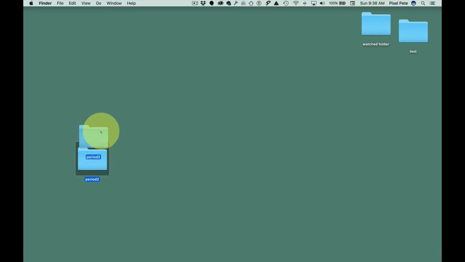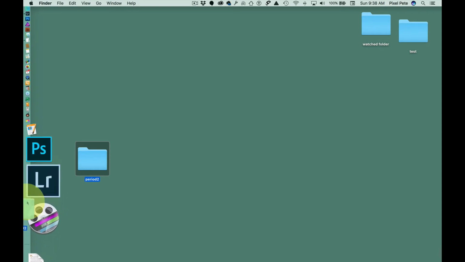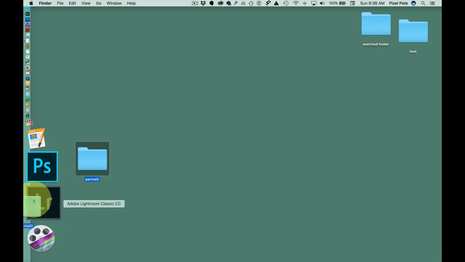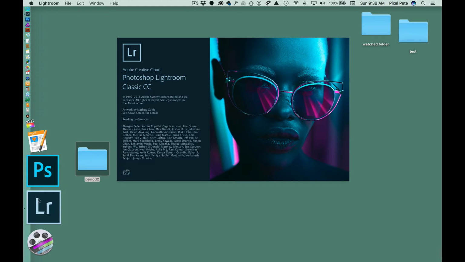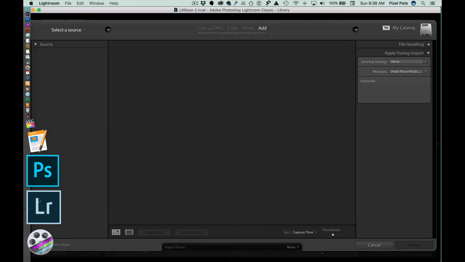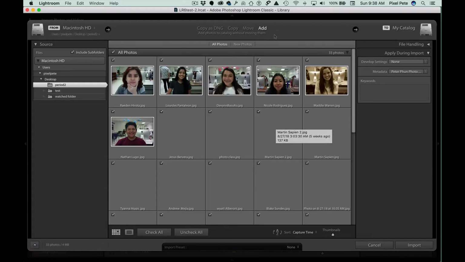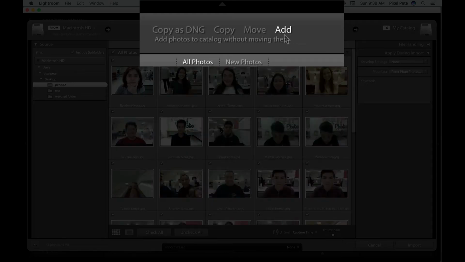with whatever pictures you have, so just grab it and drag it over to your Lightroom shortcut in the dock and release. And when Lightroom launches, make sure that Add is selected. Okay, so